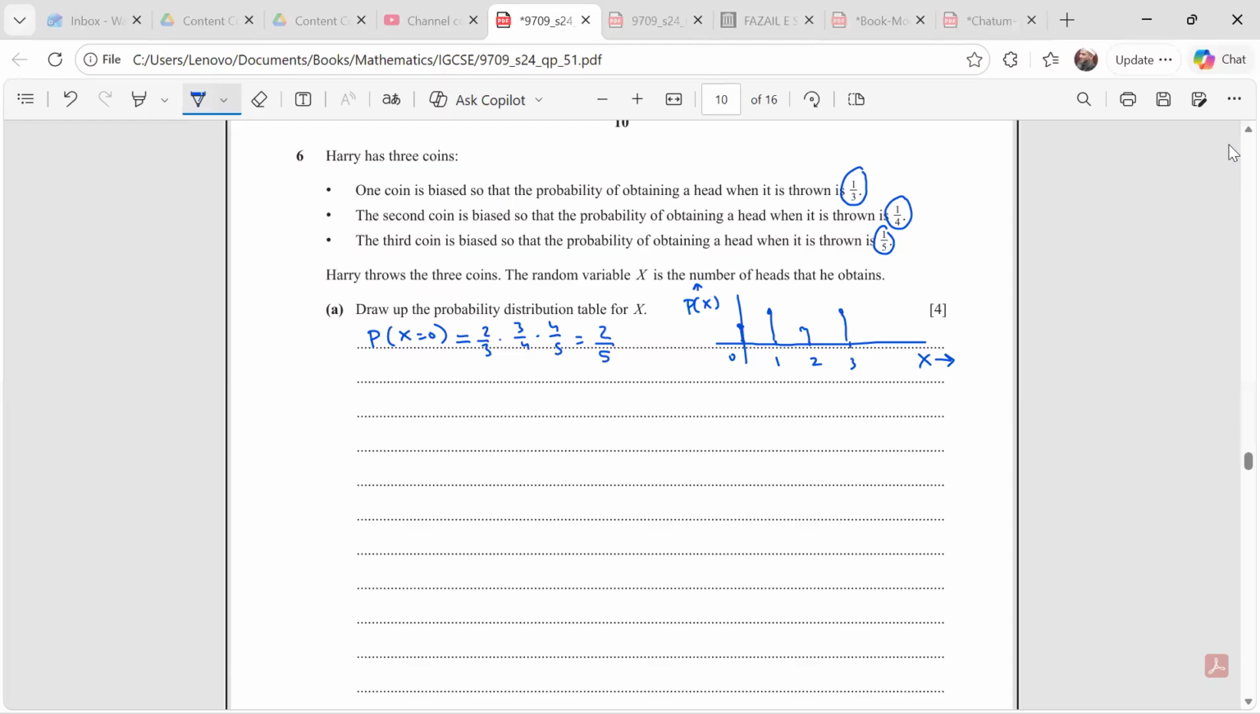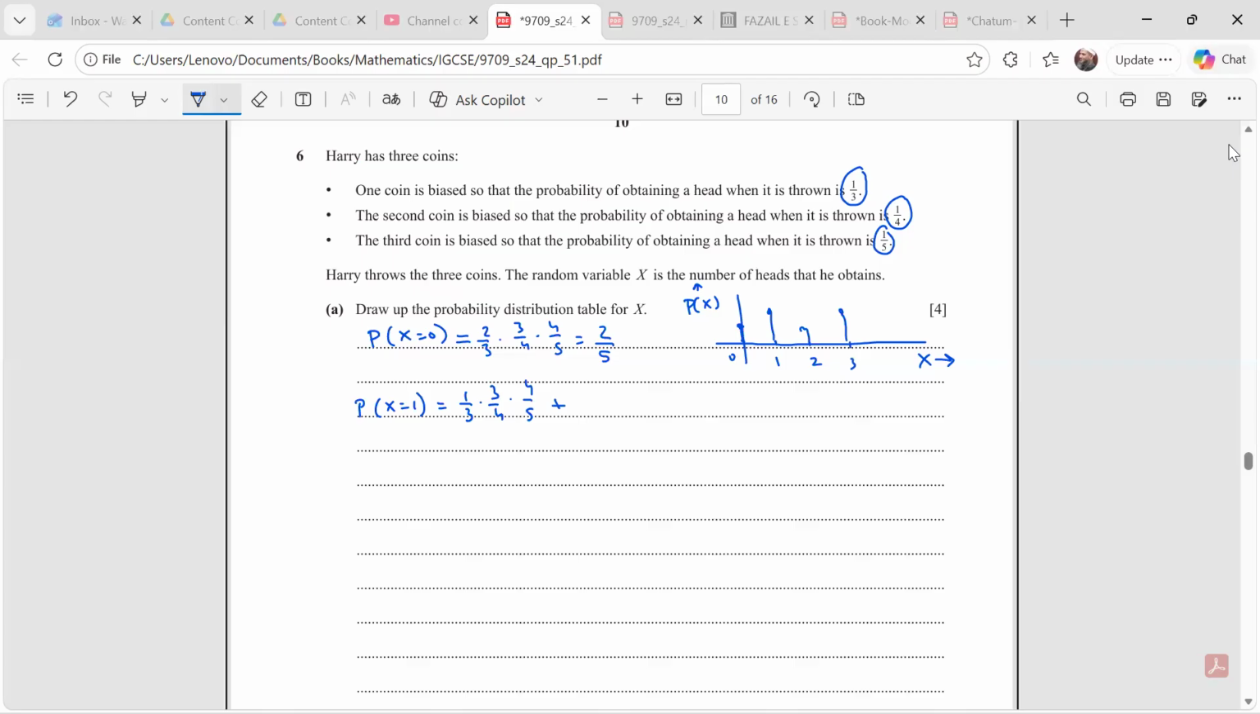Now what's the probability that x is equal to 1? So the probability that only one head is shown. It could be the first one or the second one or the third one. The probability that the first coin shows head is 1/3, and at the same time the others should show no head. So the probability of no head in the second coin is 3/4, and the third one is 4/5. Plus,